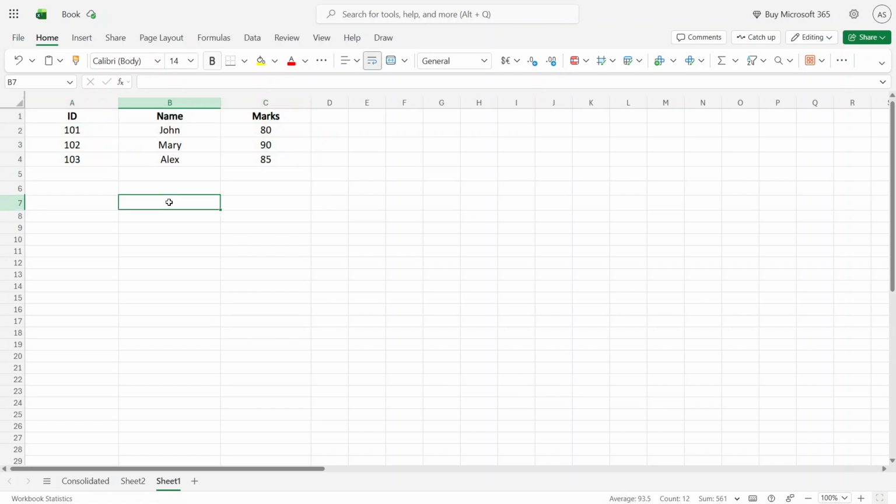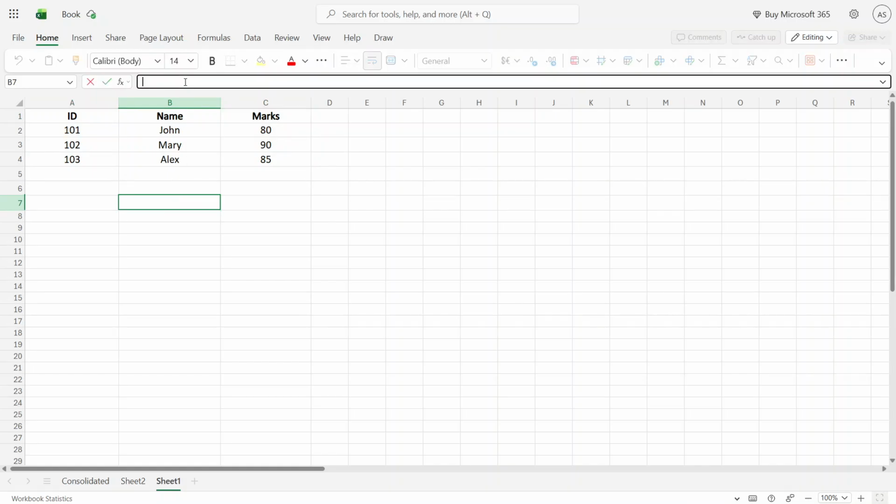Before entering the formula, it helps to understand the basic structure of XLOOKUP. The first part is the lookup value. This is the value you want Excel to find. Next is the lookup array, which is the range where Excel will search for that value. Then you have the return array, which is the range containing the result you want back. Finally, there is the if not found part, which is optional and lets you display a custom message if Excel